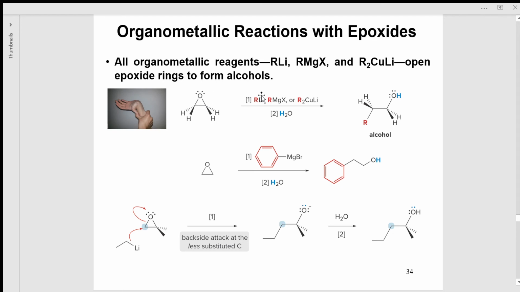So either a very reactive lithium reagent or very reactive magnesium reagent, or even the less reactive organometallic cuprate reagent is going to react with this epoxide, because the strain is so strong here